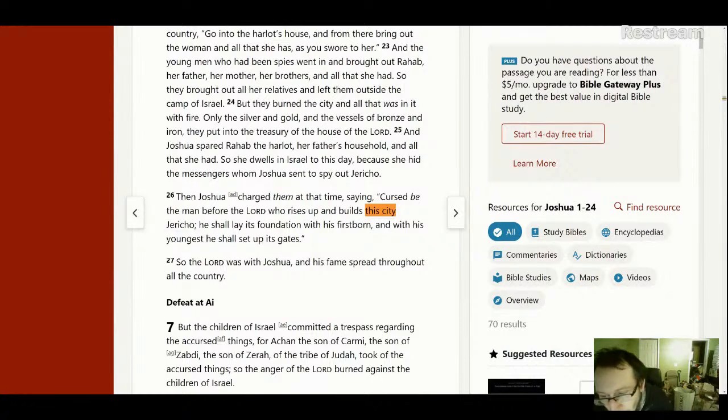Even though the Septuagint and Masoretic both say Jericho, probably. Septuagint probably says that as well. Actually, I want to look that up just in case. Brenton Joshua, chapter 6. Let's see if it says the name. One second here. Actually, it doesn't. In the Septuagint, it just says that city.